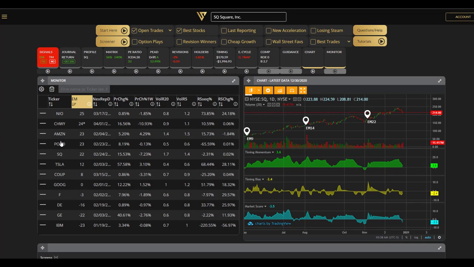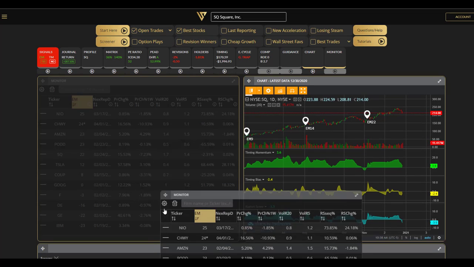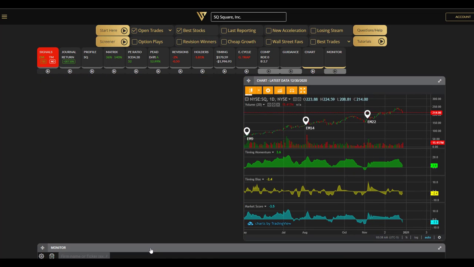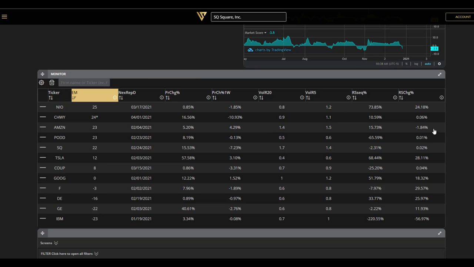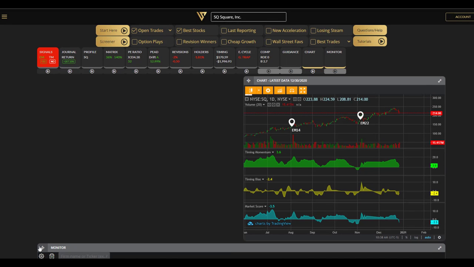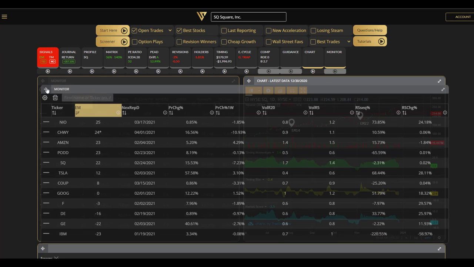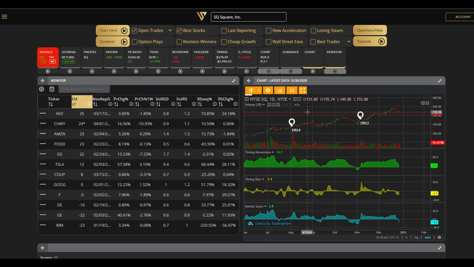What you do is you can add stocks here, you can change the columns, you can make it full screen by going down, so now it is more full width of the screen. By grabbing these arrows here, you can make it half screen, and let's see how we can add a ticker